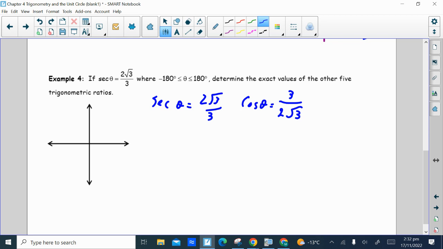And if you rationalize that by multiplying top and bottom by root 3, you'll get 3 root 3 all over. On the bottom, the root 3 times the root 3 is 3, times the 2 is 6. And then you can divide top and bottom by 3 and get root 3 over 2. So we've already determined one of the other 5 trig ratios. We've got the secant and the cosine. So we just need the other 4. And so now we're going to set up our